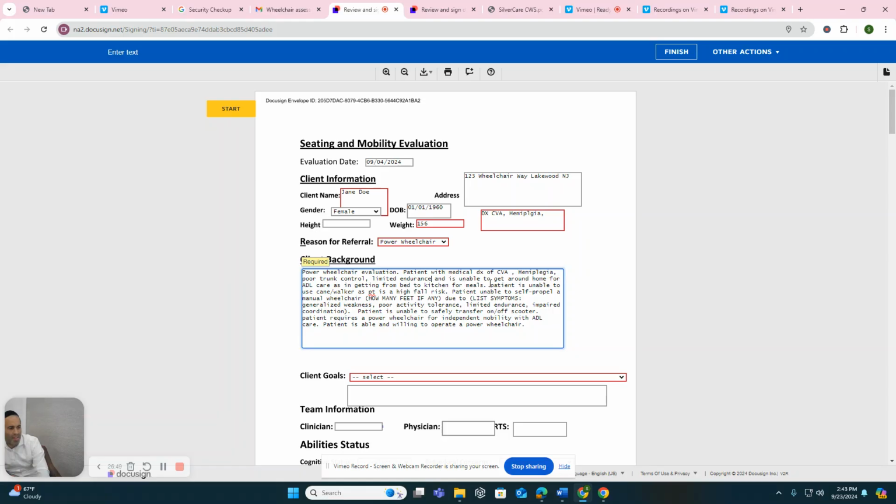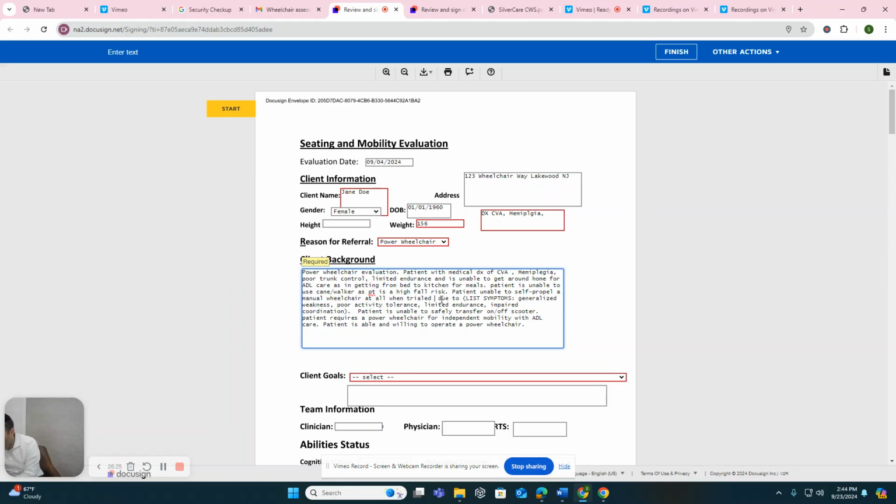Okay, it's unable to get around home for ADL care, as in getting from the bed to the kitchen for meals. Patient's unable to use a cane or walker, as patient is a high fall risk. If the patient was non-ambulatory or non-weight bearing, I'd change that to right non-weight bearing. Patient unable to self-propel a manual wheelchair at all